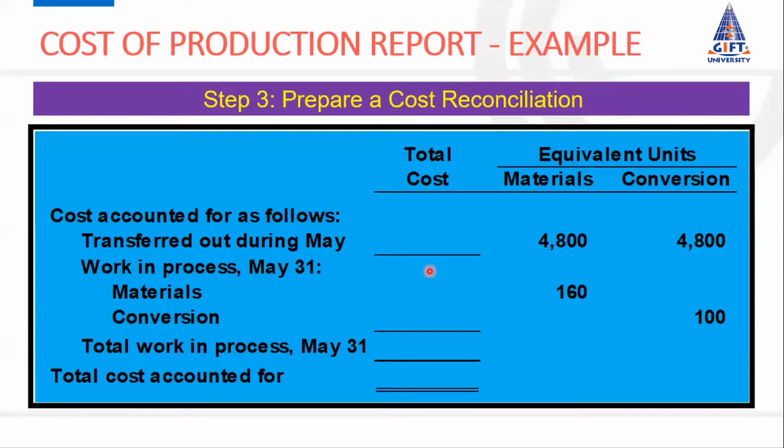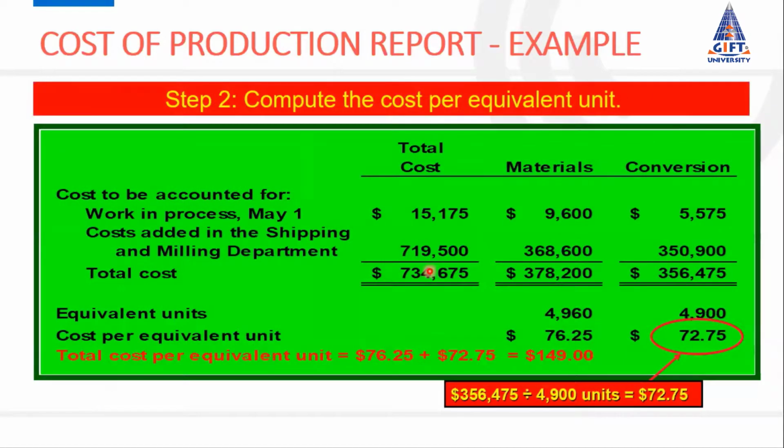It means in the first segment, we show inflows or put into process units. And in the second segment, we had shown outflow of those units. What happened to those units? Now, in our previous section, this section represents the first part of the quantity schedule. Look at this. In the first part of the quantity schedule, it was units in process May 1. And here we have the cost of those units that were processed in May 1.